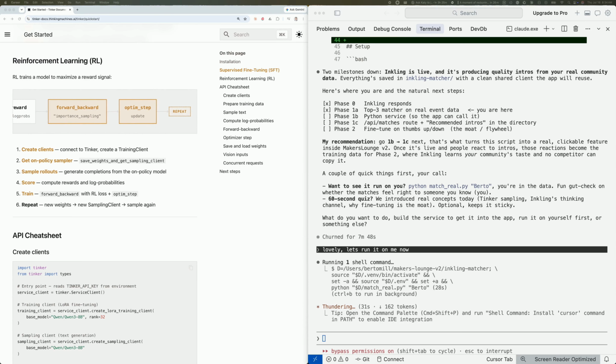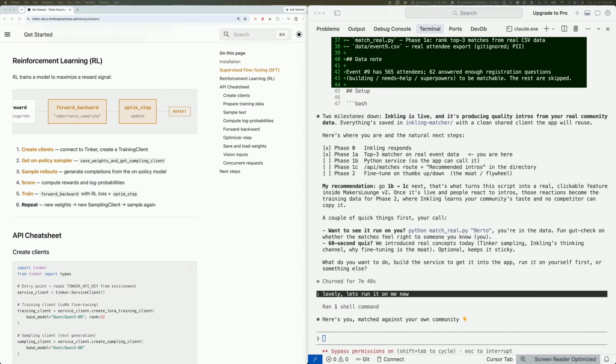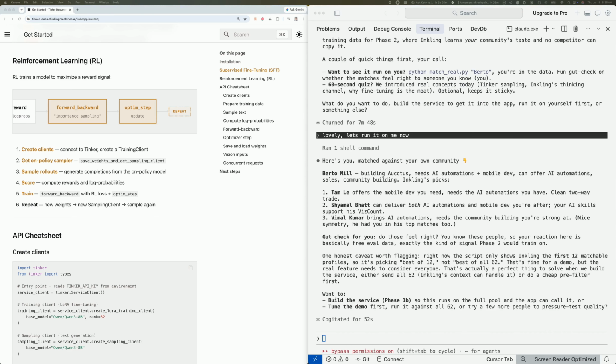What hits me is the line about thumbs up and thumbs down becoming fine-tuning data because that is the moat. Inkling learning my community's specific taste in a way no generic model ever could. I just typed, "lovely, let's run it on me now," and Claude is already firing the script with my own name as the input. This is the gut check moment where I find out if Inkling's matches actually feel right